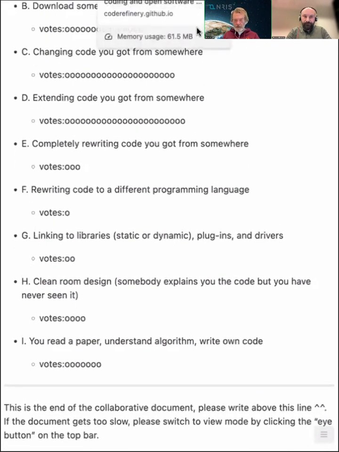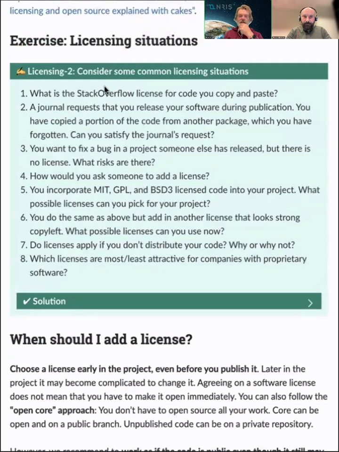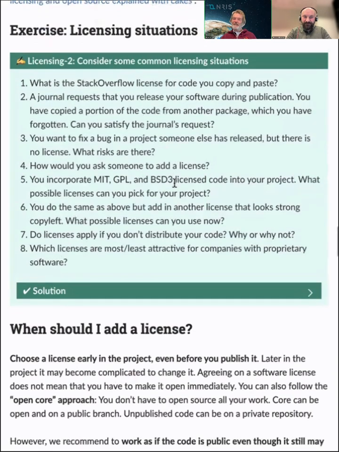I pasted the Stack Overflow question into Claude from Anthropic, and Claude answered that the code from Stack Overflow would be licensed under Creative Commons, but the practice for small code snippets was that you just copy and paste it and don't refer to where you got it from.